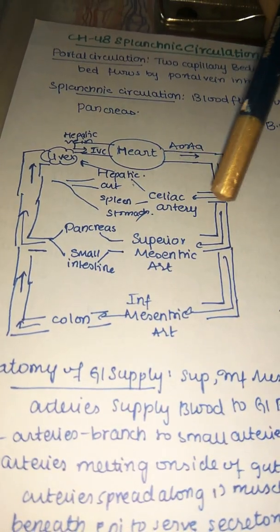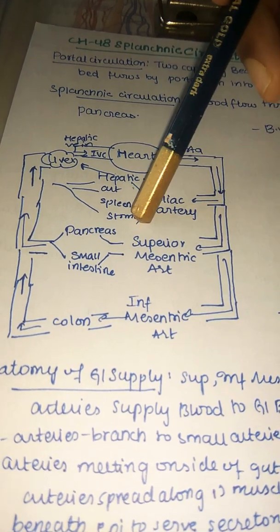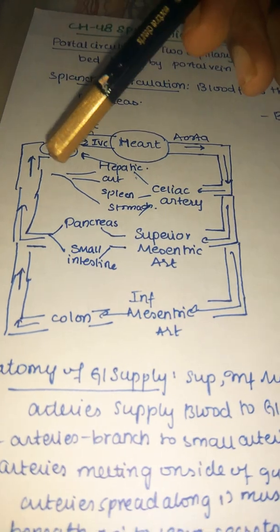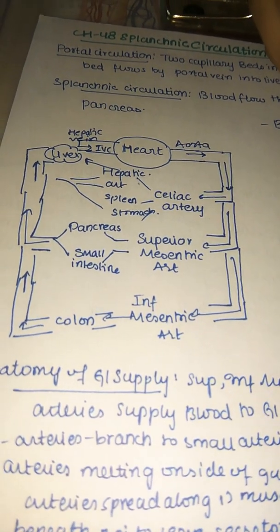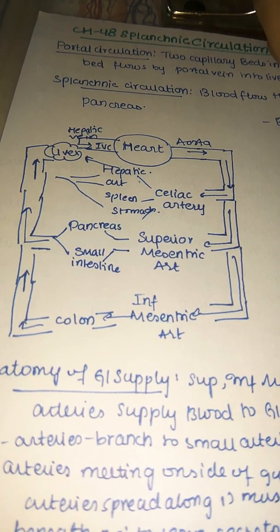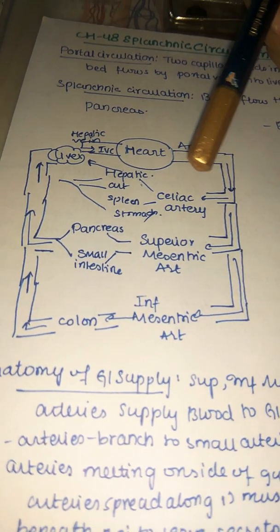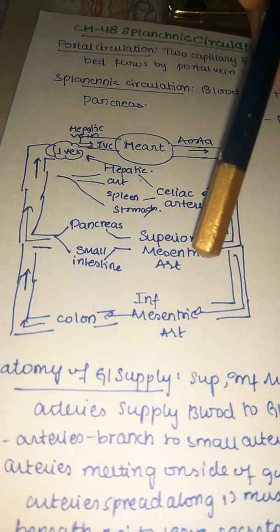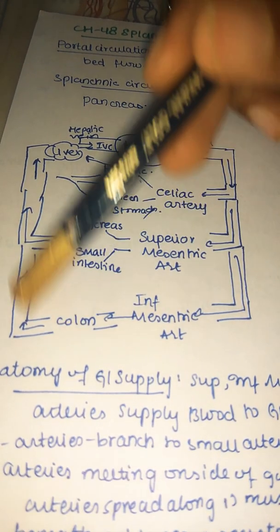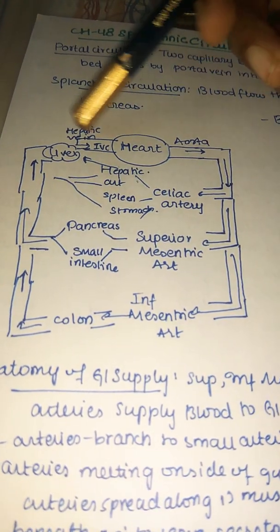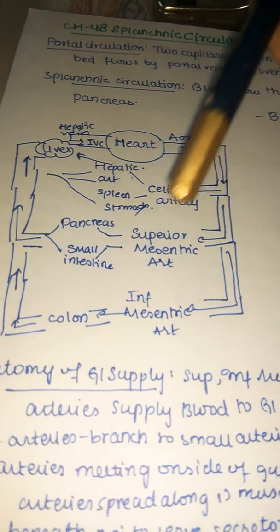But what is the reason why blood from the celiac artery, the superior mesenteric artery, and the inferior mesenteric artery needs to pass through the liver? Because the liver is a major site of metabolism. Almost everything which you eat, everything which is entering our body, should be metabolized in the liver. Then only we can absorb it properly. So all these are collected into the portal vein and sent into the liver. From the liver, by means of the hepatic vein, into the inferior vena cava, and finally into the heart.